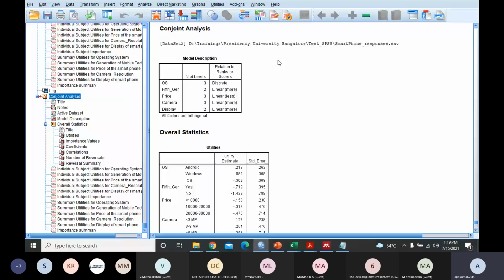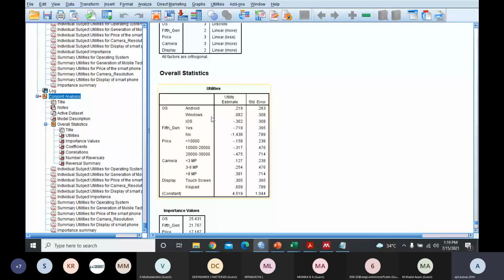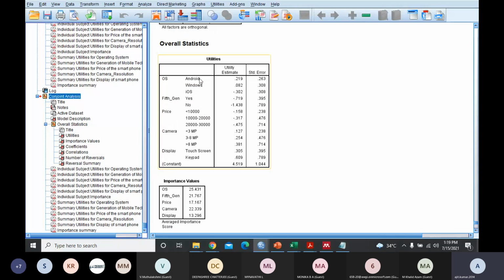Now look at this overall statistics. What does it say here? All the different factors and their levels, then there are certain utility estimates. That means that if I want to see a particular combination, say I want to have a smartphone which is Android and a 5th generation phone, let's say tomorrow, after 1 or 2 years, I want to have a phone for which I have given certain preferences, we are going to get the utility value for ranking all different combinations.